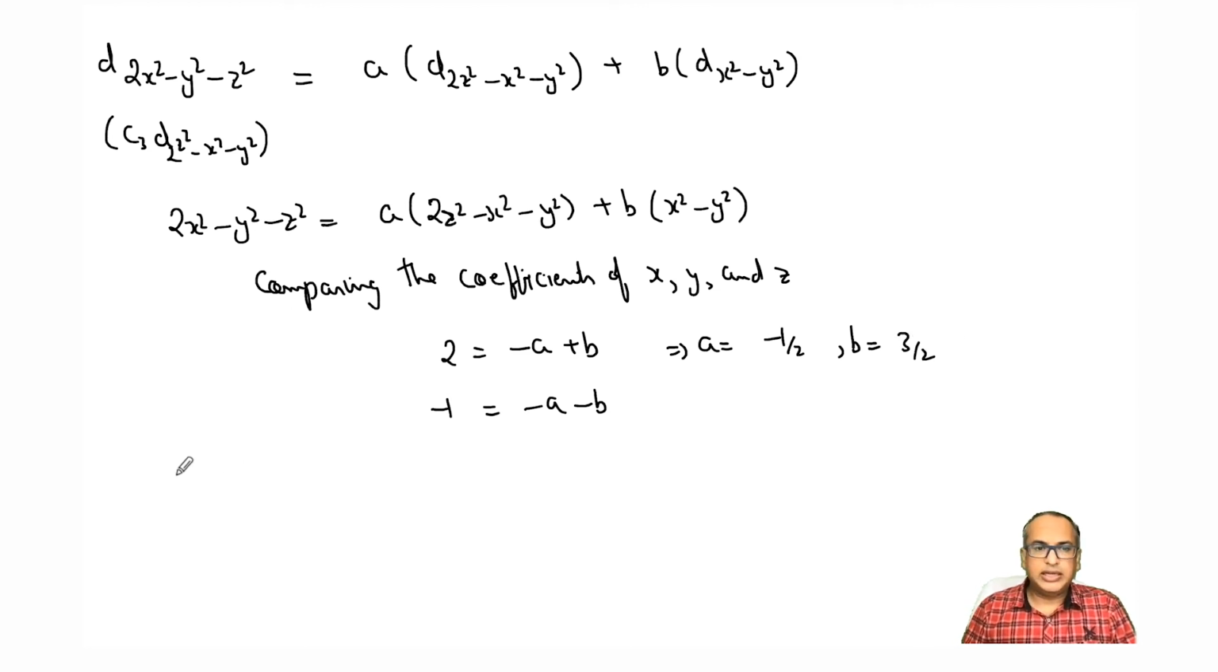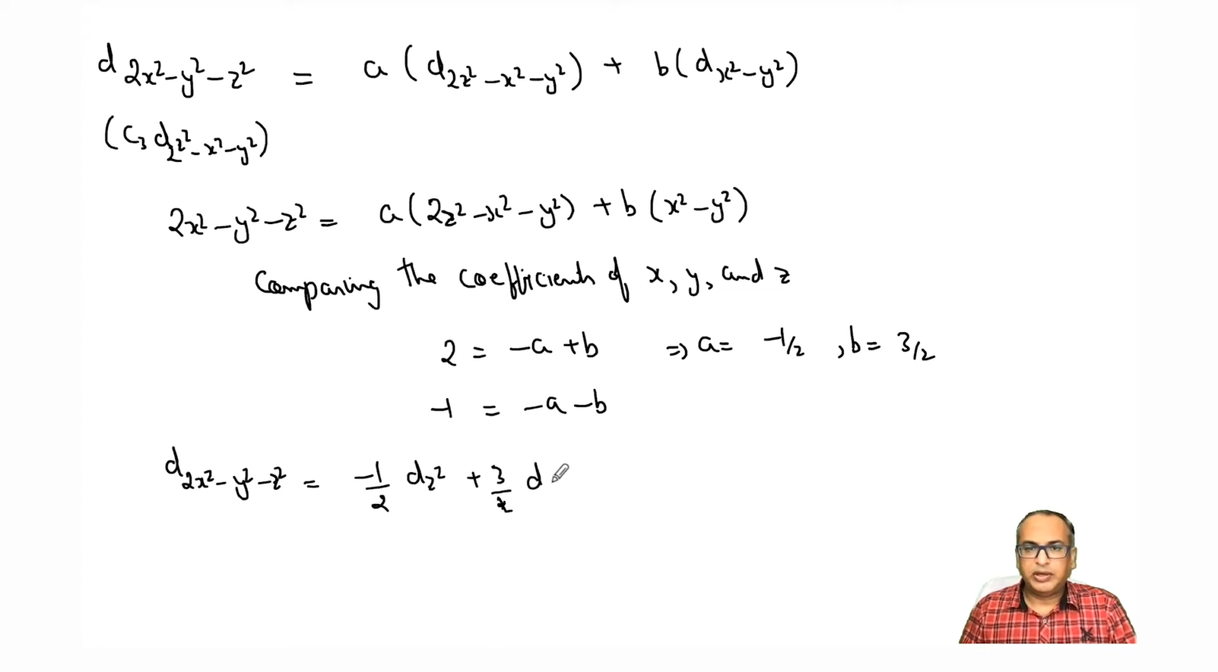So now we can say that this d 2z square minus x square minus y square is equal to minus half of dz square plus 3 by 2 of dx square minus y square, right? So similarly, other